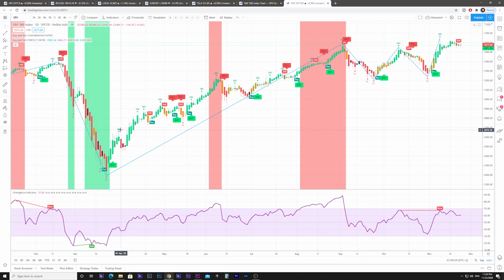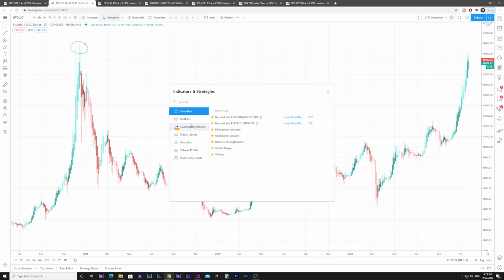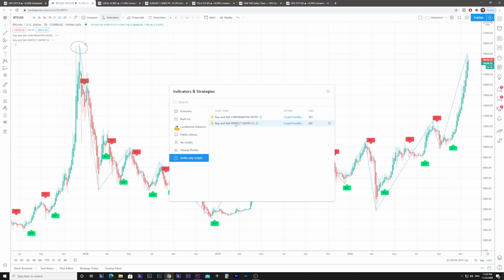These are higher highs and the LL are lower lows, just to understand the trend better. So if you are in an uptrend, you can see higher highs, and lower lows in a downtrend. Let's look at Bitcoin, and we go to FX indicators, invite only scripts,